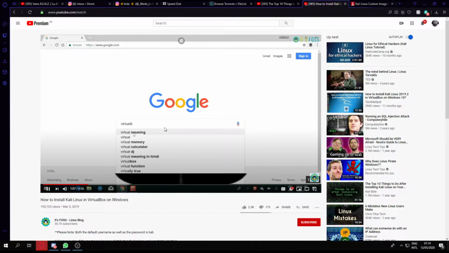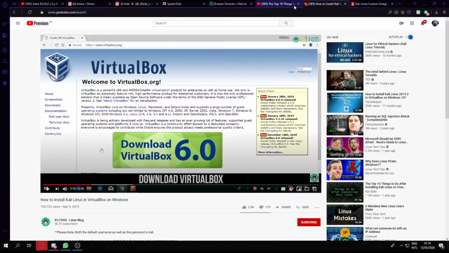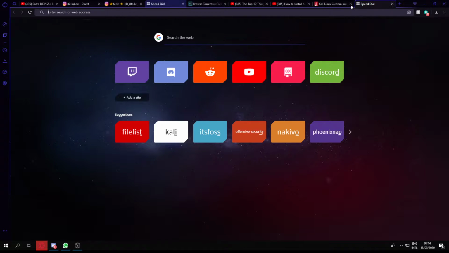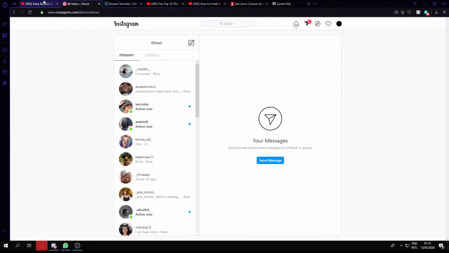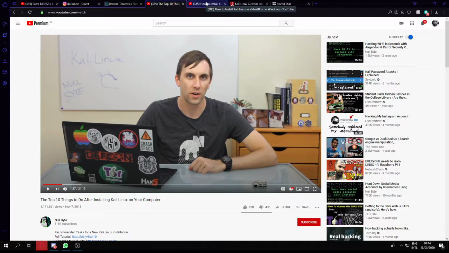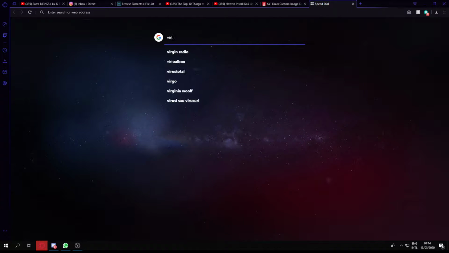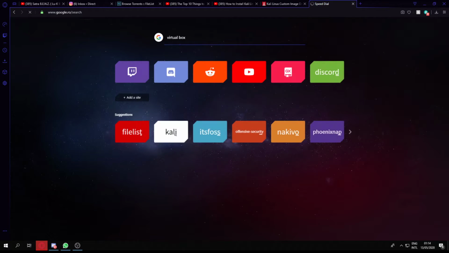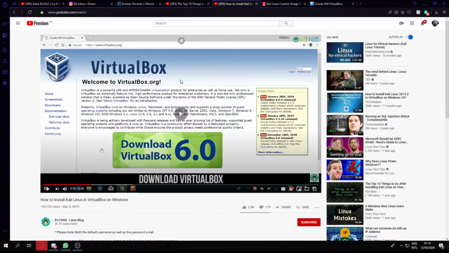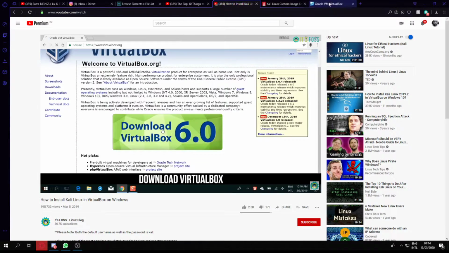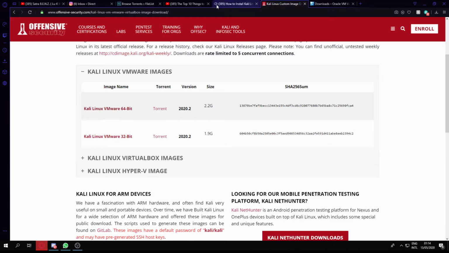install VirtualBox. This is a free and open source tool from Oracle, and you can use it in Windows, Linux, and other operating system to install another operating system. So you download virtual